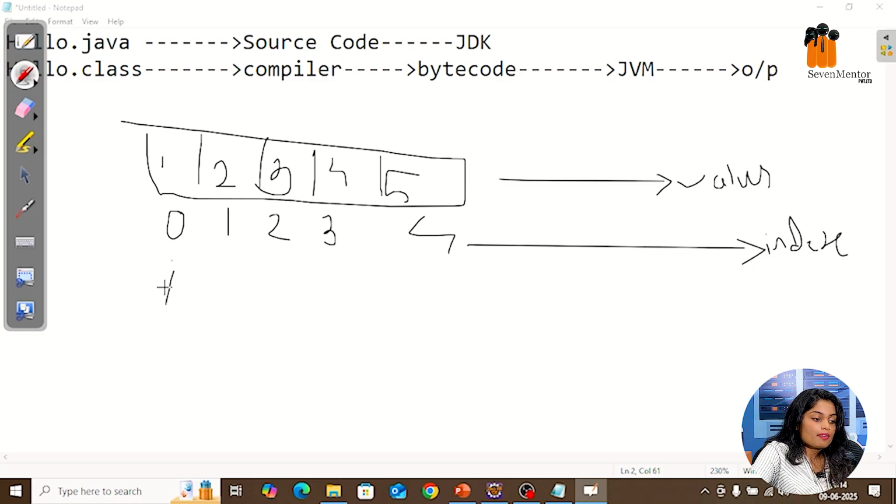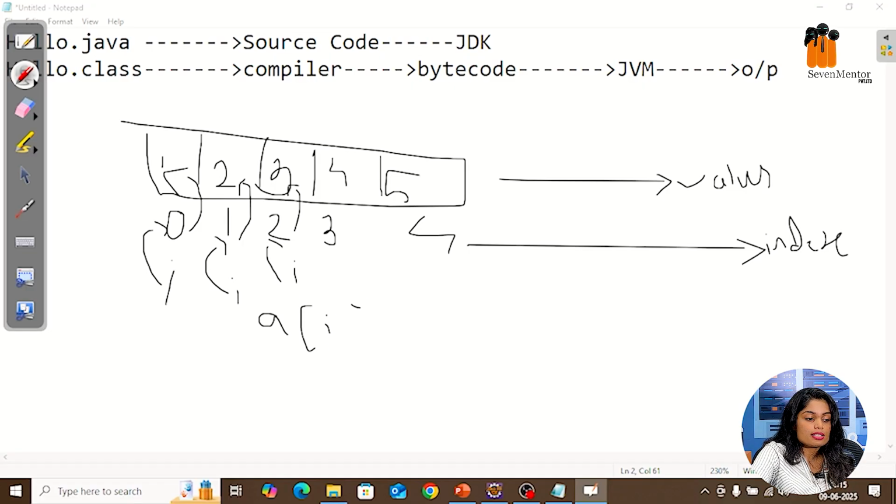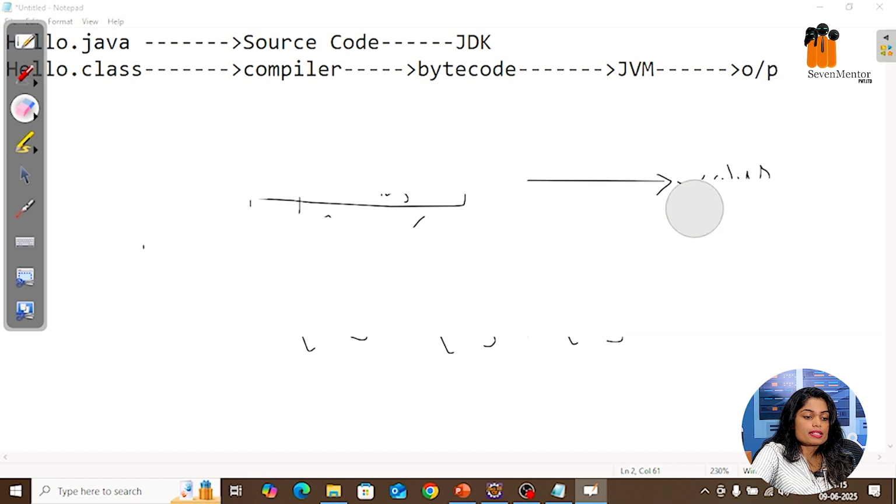So this i variable has this 0 index, and this 0 index is storing this 1 value. Same like that, i variable now has 1 index and the 1 index is storing this 2 value. Same like that, I have the 2 index and 2 is storing the third element. So this is basically the execution. That's why we are using a of i. It will just be considered as a of 0, then a of 1, then a of 2. Same like that, it will store all the elements. Okay, so that's how an array is going to be used.